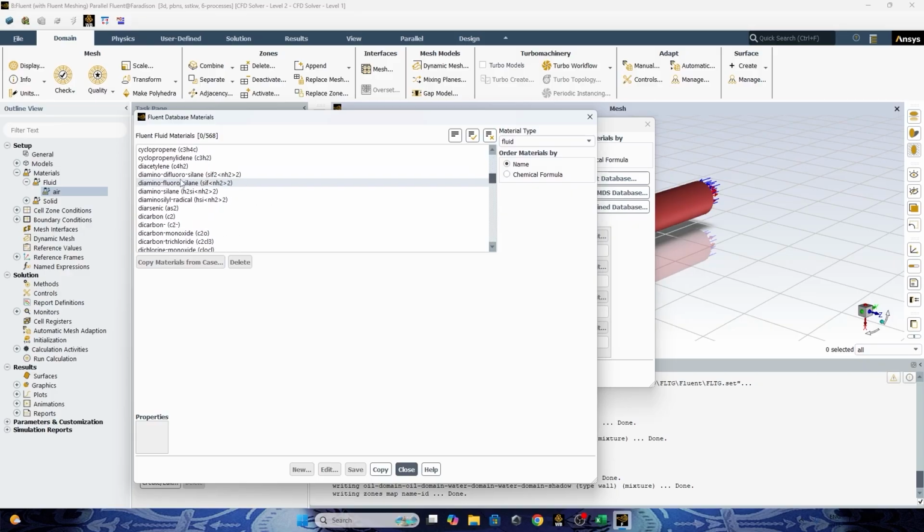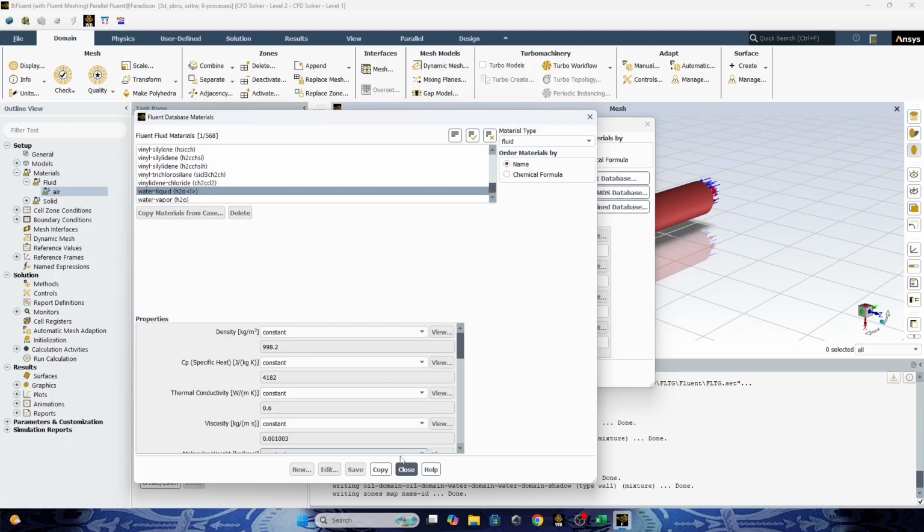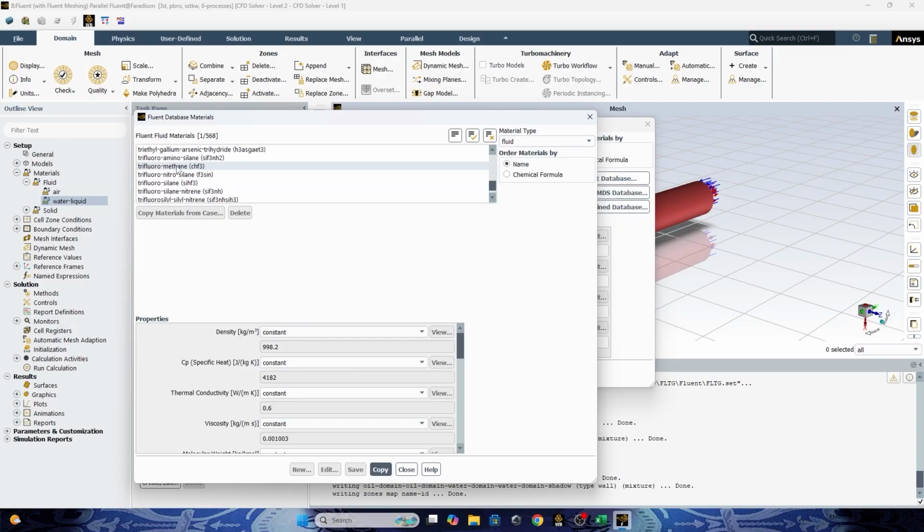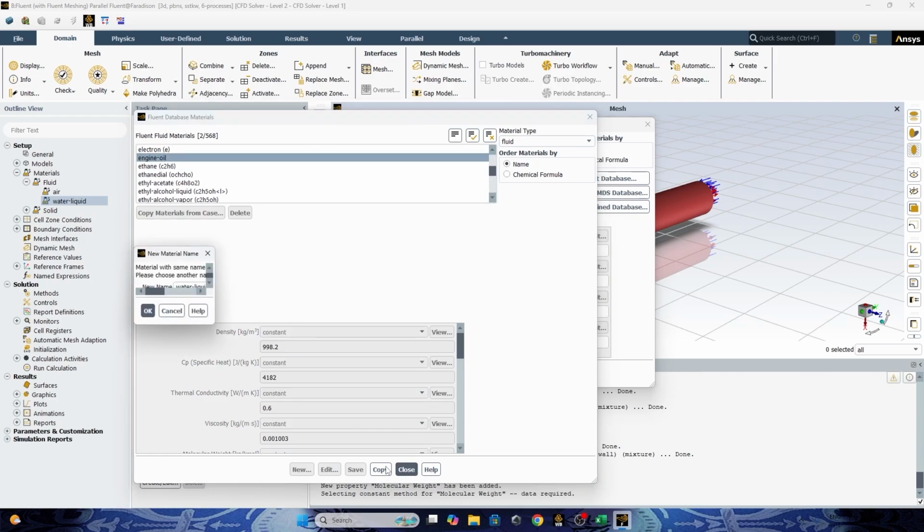The software already provides you the properties for both fluids. So I can just put water liquid, copy here, and then for the engine oil, copy.